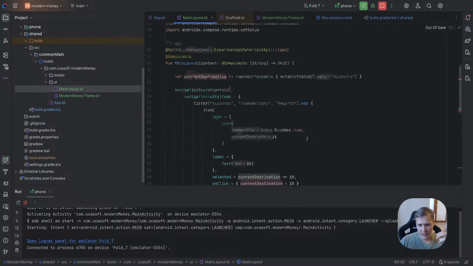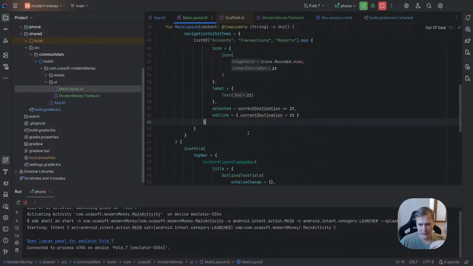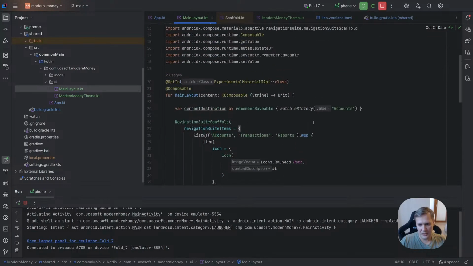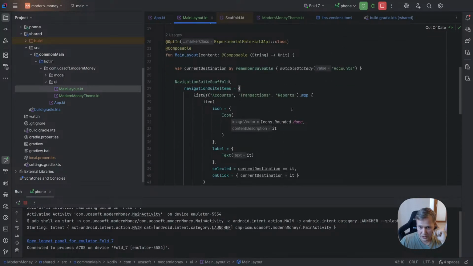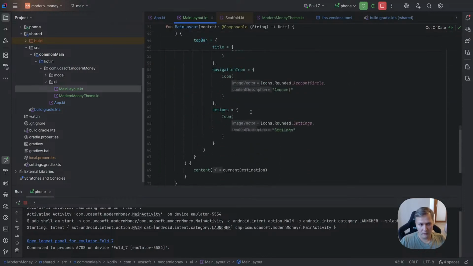And in this case we will be able to understand that, for example, we requested accounts page, or transaction page, or report page, and provide the right page. So here is our main layout,